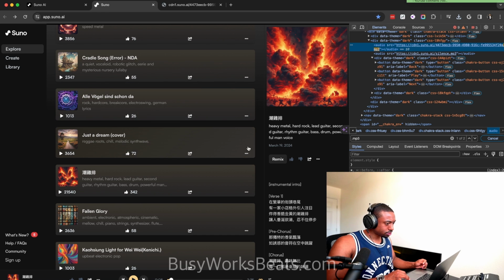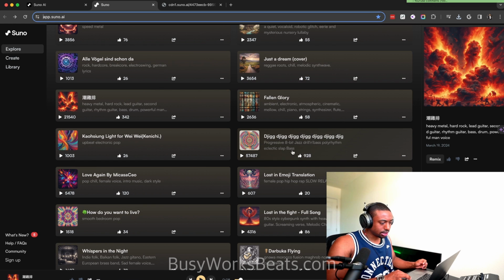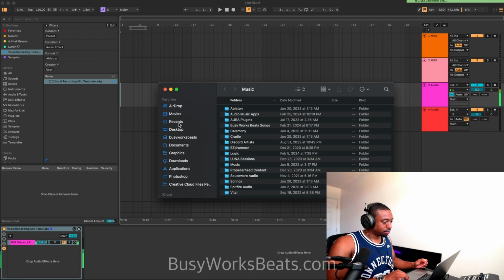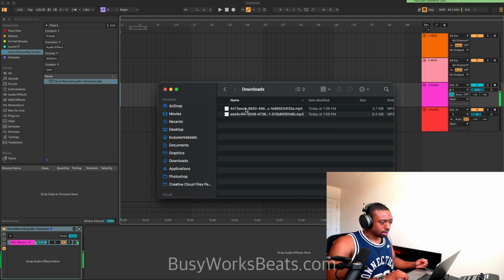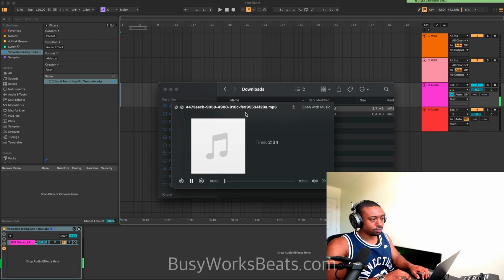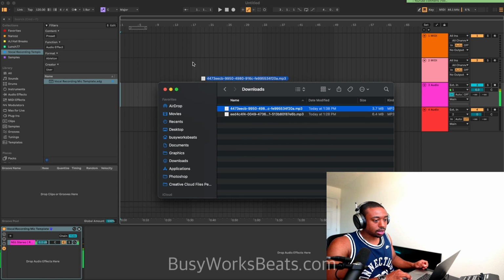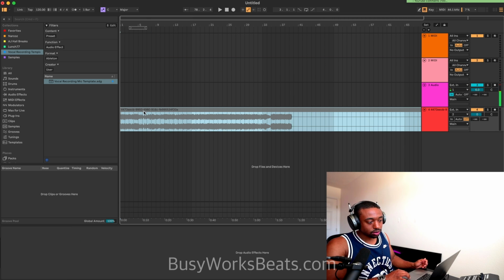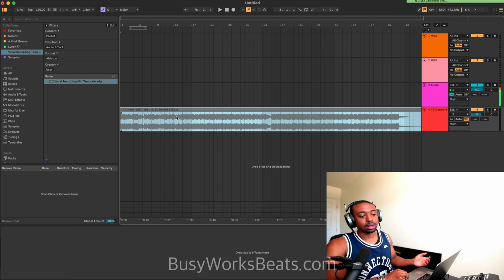So what I'm going to do is show you again how I would sample. At this point, all you have to do is open up your sample and drag it in. So there's a thousand things you could do from here. You could sample it just as audio. You could take out the MIDI from this. There's a million and one things you could do to sample this.